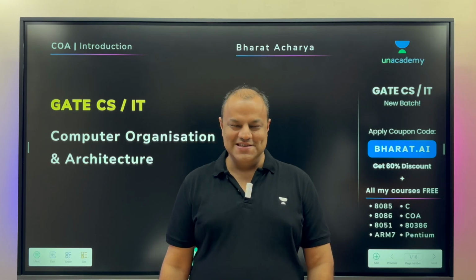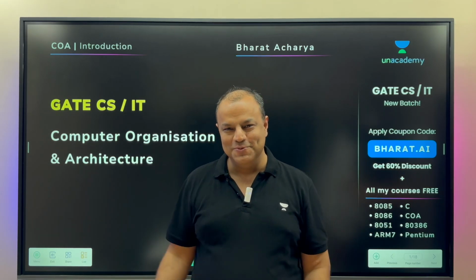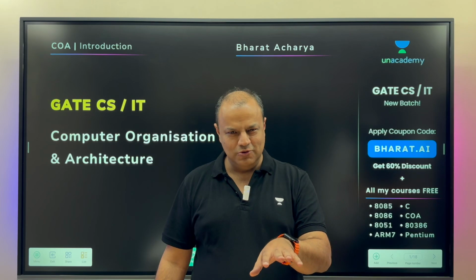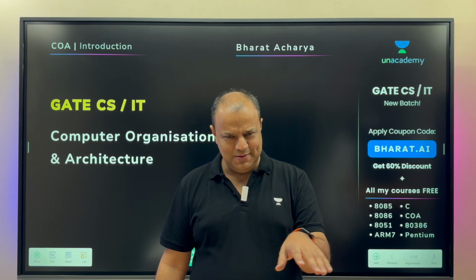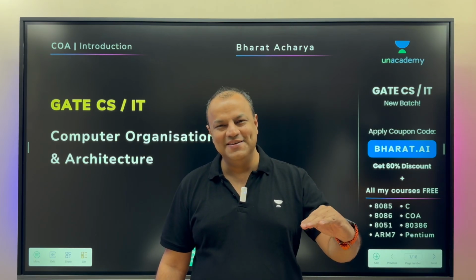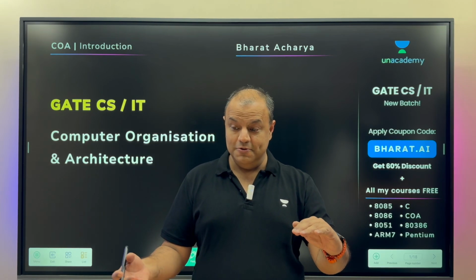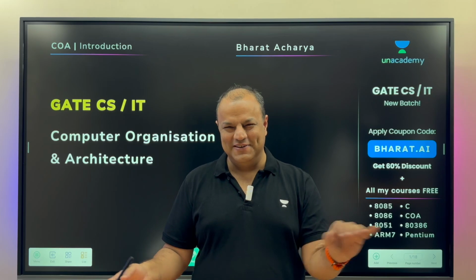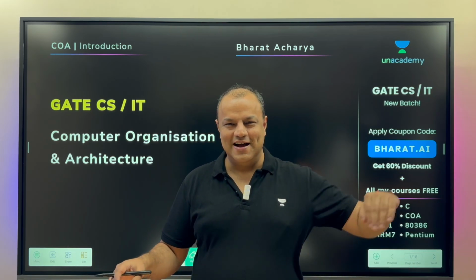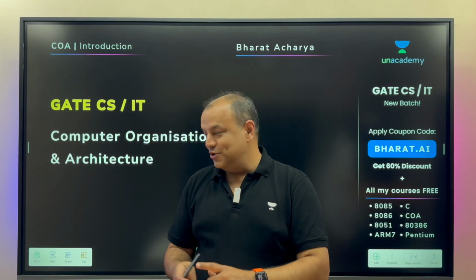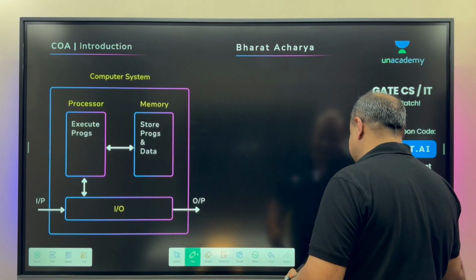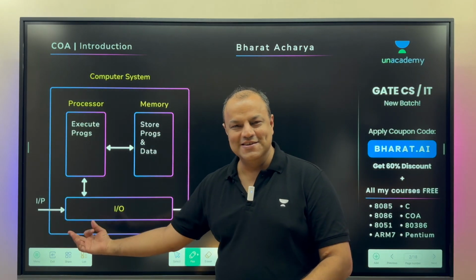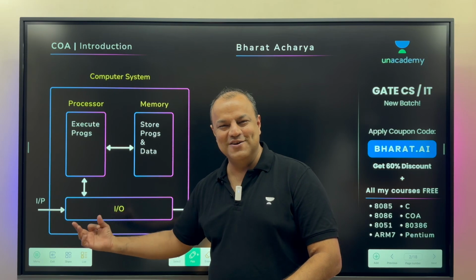Imagine a computer system. There are various parts in a computer. Keyboard, mouse. Is all the action taking place in the keyboard and mouse? No, no, no. They are just input devices. Okay, printer, monitor. Are they doing all our programs? No, no. They are output devices. Keyboard, mouse, printer, monitor are called the I/O section. They are used to give inputs and outputs. Come on, let's begin. This is called the I/O section, the simplest part of a computer.